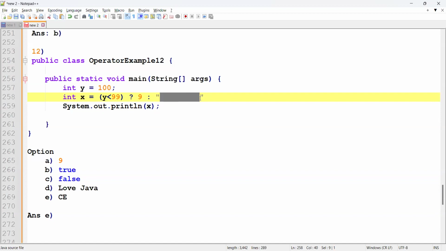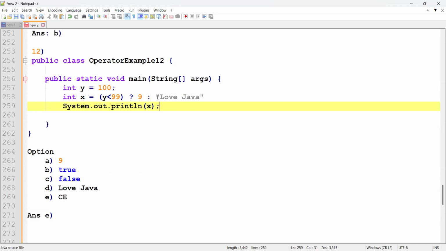Because of that, it is going to give you the compile time error. Clear? So here, even if you go with rule, this condition is false, and if this condition is false, we know that this part will never execute. It will come to the else part. Somehow, you can assume this is the else part, and somehow here we have the love Java,